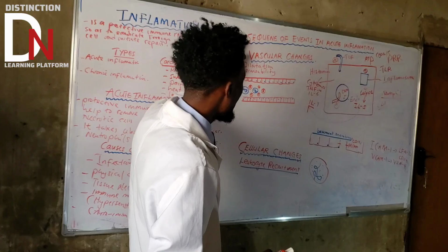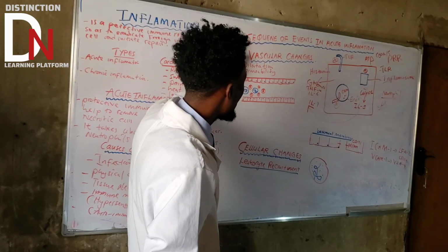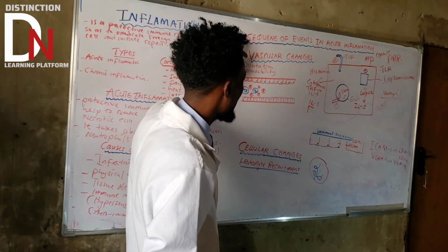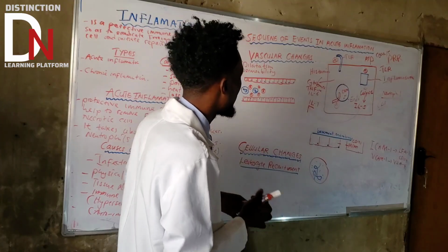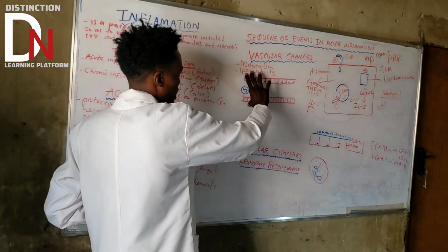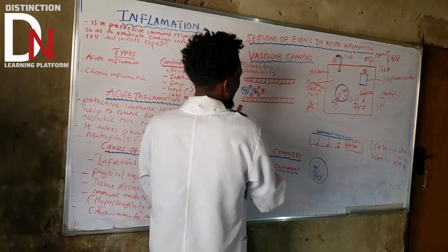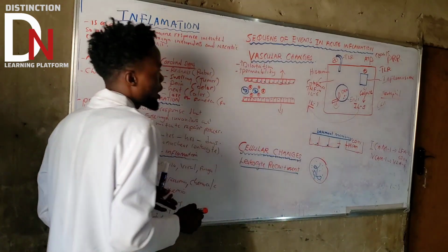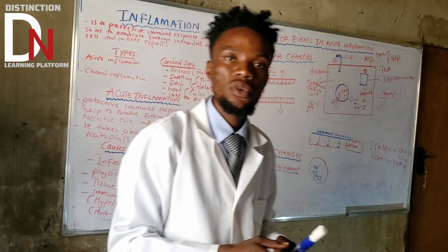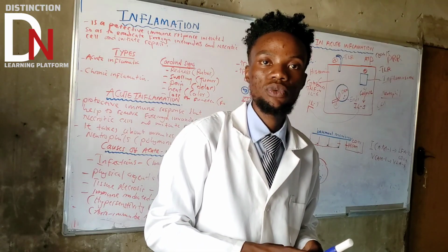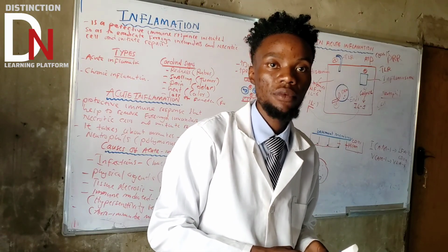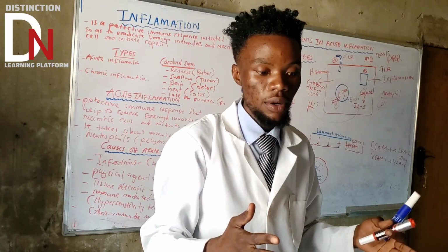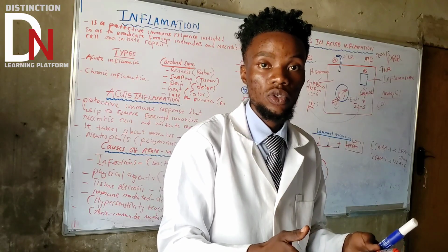Now, what are the effects if the blood vessels are dilated? You need to understand the effect. If they are dilated like that, the lumen is becoming large like that. What's going to happen? What is the normal flow of blood in blood vessels? It is laminar flow. Now, if there is dilatation, that normal laminar flow is going to be